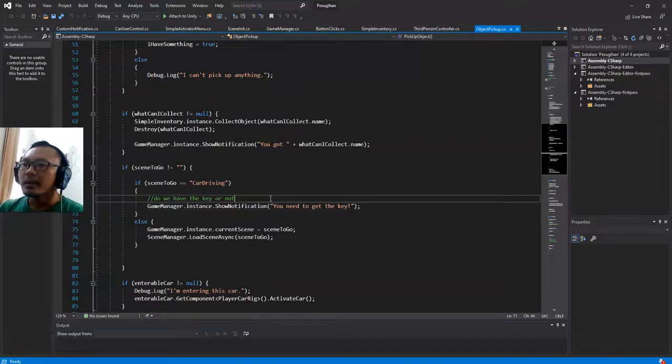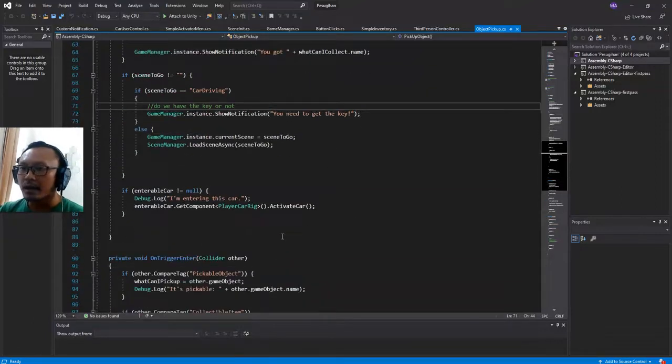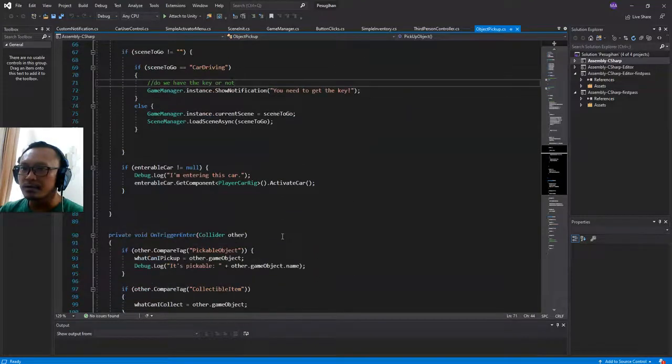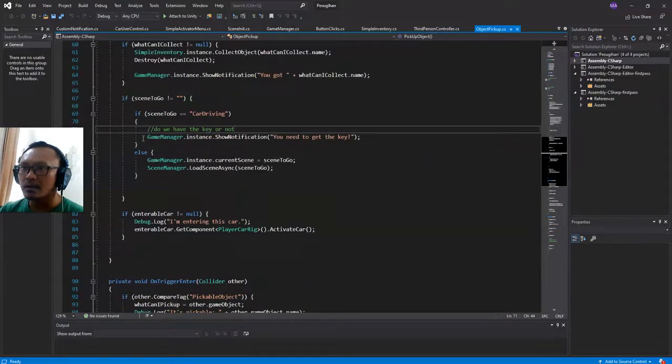What I'm going to do is add another function. Then I will call the function here,